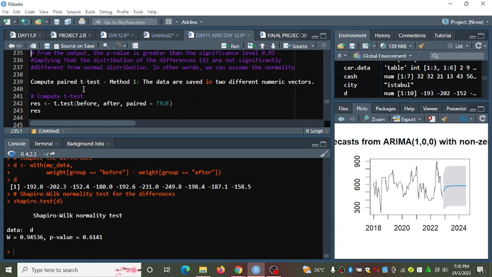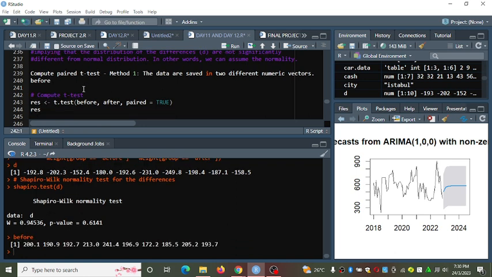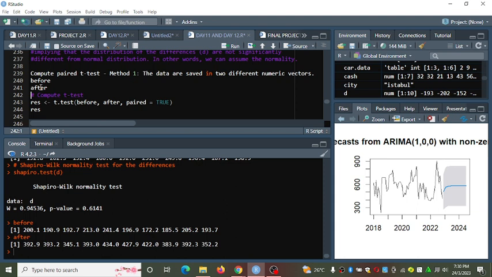Let's see. We have a vector called before, that is the data before, and we have another one that we call after. From there we can compute the t-test.